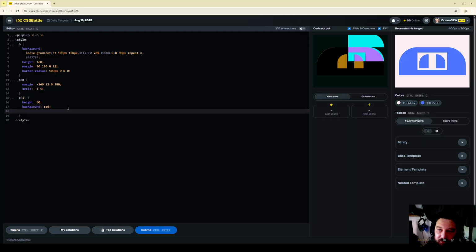We shift it, the first one, to the left a bit, so margin is going to be minus 160, 12, no, not 12, where are we going with the left this time? 180 is too much, 160,